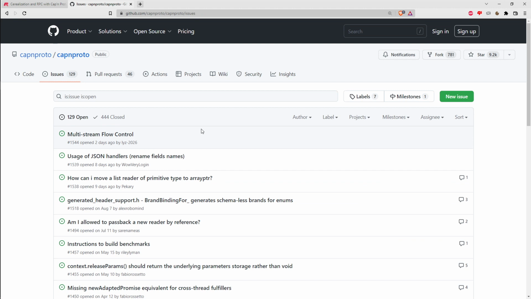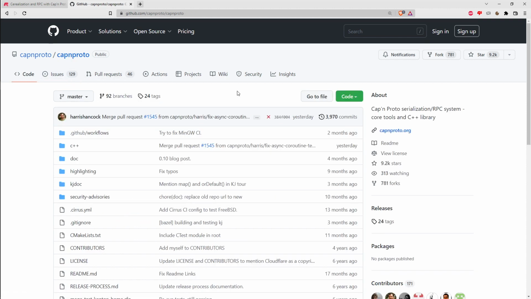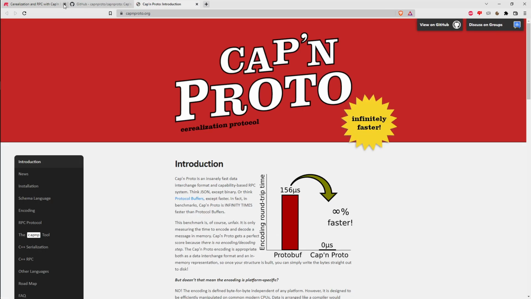It's not a good sign when you go to an open source project and the number of open issues is larger than the number of closed ones, or sometimes there are no closed issues, but only open issues, and that's also disconcerting. But Cap'n Proto is actively developed and maintained and worked on, so it is in good shape in that regard. The main documentation is on this